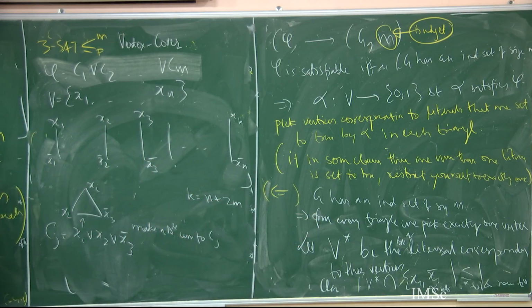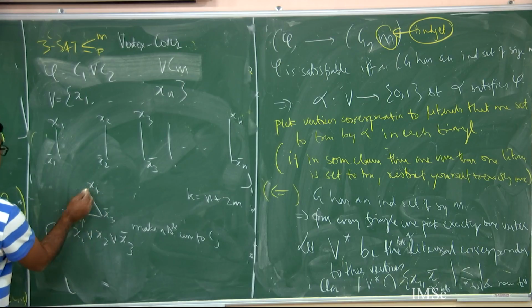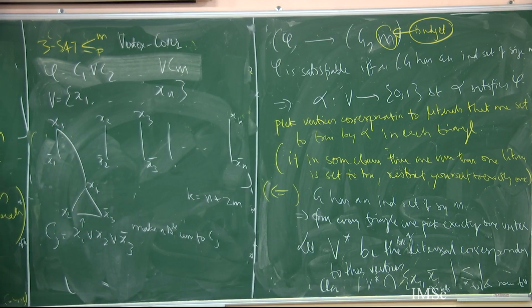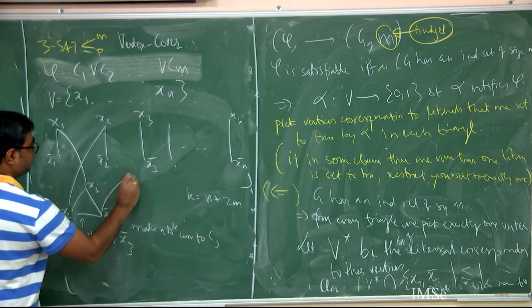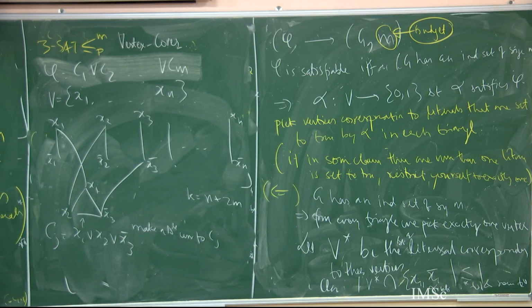Okay, so now this is very simple. This is x1, so you make an edge to x1, x2 you make an edge to x2, x3 bar you make an edge to x3 bar. So this is what you do. Now what have you ensured? So the moment you pick x1,